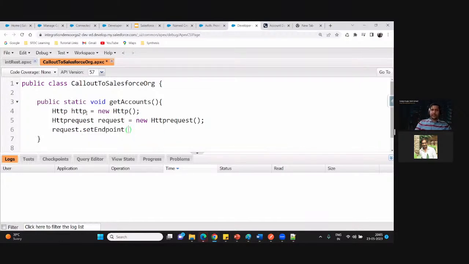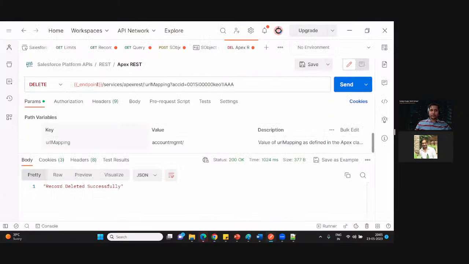So what will be the endpoint and how do you specify the endpoint whenever you are using the name credential? Again, if I can remind you of Postman, yesterday this was the endpoint that we used whenever we were testing the integration with the help of Postman. So initially I have my instance of the org, followed by /services, followed by /apexrest, followed by the URL mapping. And this is the URL mapping that we have done. So we'll apply a similar analogy here.